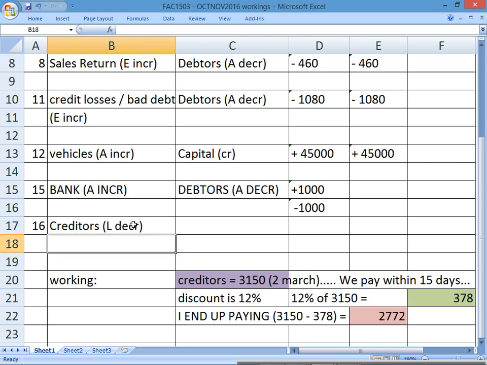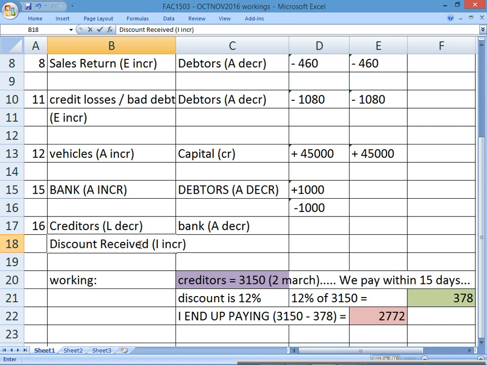Right, if I'm paying, what's going to happen to my bank? It's going to decrease. So bank, asset, decrease. And if I'm getting a discount, is this discount received or discount allowed? Think about it. Did you receive a discount or did you allow a discount? You received a discount, isn't it? I'm paying. So when you pay and you get a discount, it's a discount that you've received. So this you might not have known, but it's not a problem. Later on you'll know what it is. Discount received. Brackets, income,